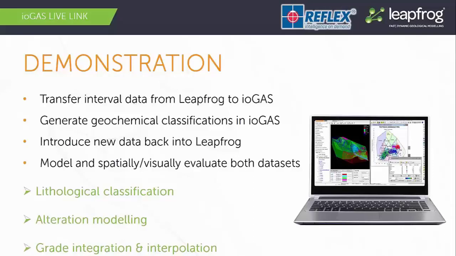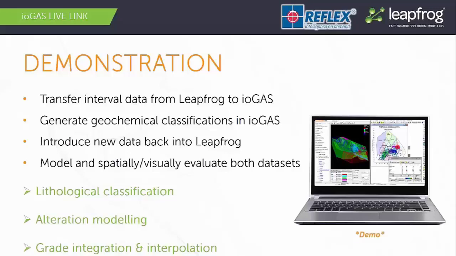We will also then introduce new data back into Leapfrog and actively model from it and spatially evaluate the data sets that we have derived first in Leapfrog and in ioGAS. We're going to go through 3 different exercises: lithological classification, then alteration modeling, and finally grade integration and interpolation. And because a picture is worth 1,000 words, we're going to now jump into our active demonstration